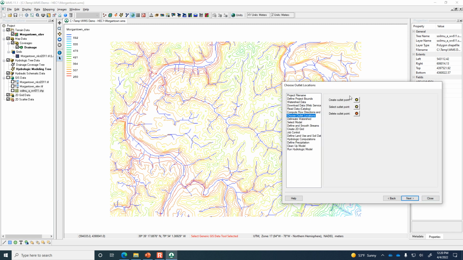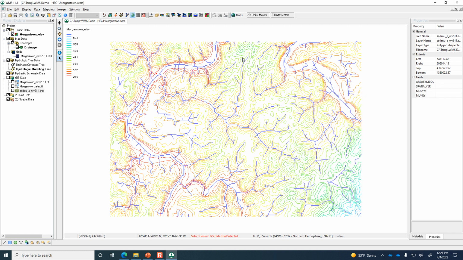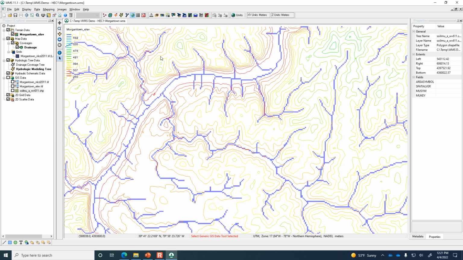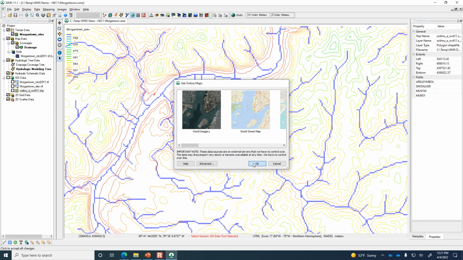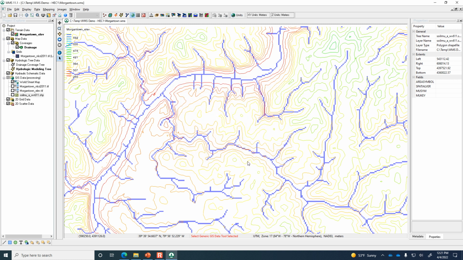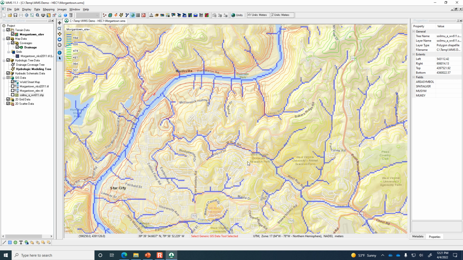Okay, before I create the outlet point, I guess it would probably be advisable for me to turn on a map and just make sure we've got the right stream. Even though I'm pretty confident this is the one, let's fire up the world street map and make sure that we're on the same page with this stream. Okay, so here's the river,